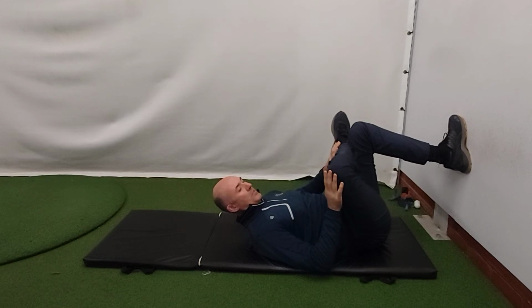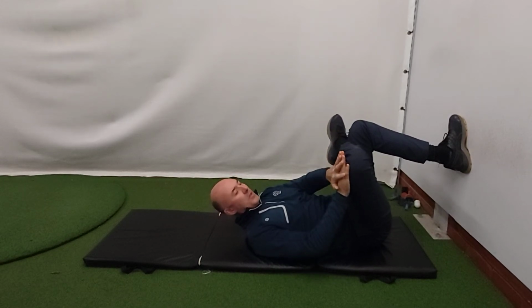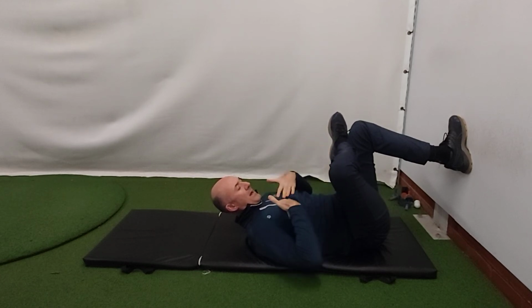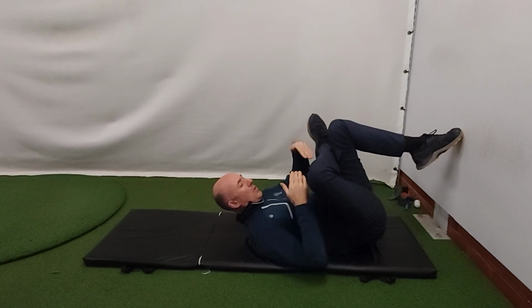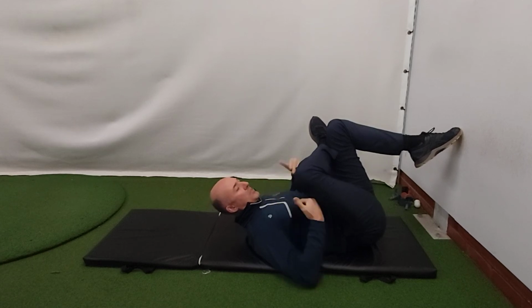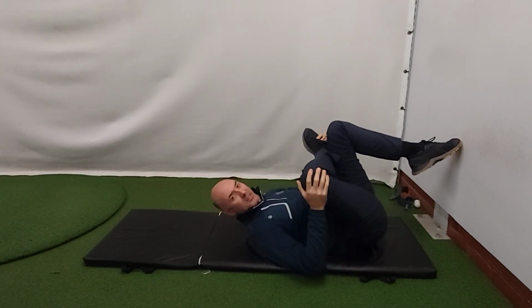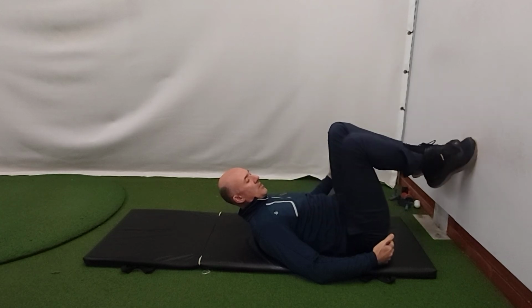So what you're trying to do is to really push this knee away from you so that the lower half of your leg is parallel to your chest, and then you can gently push off of the wall to push your leg towards your chest, and that's going to give you a really deep stretch down in that lower left glute here. Okay, 40 seconds, turn over,